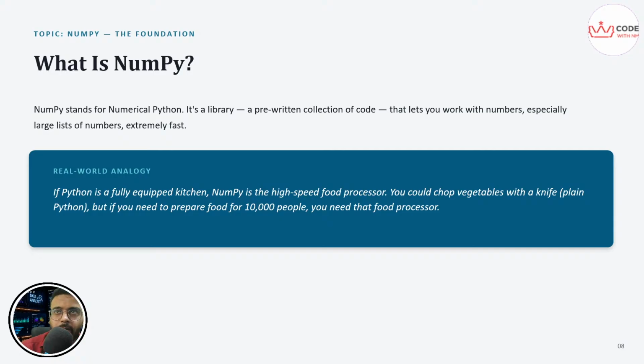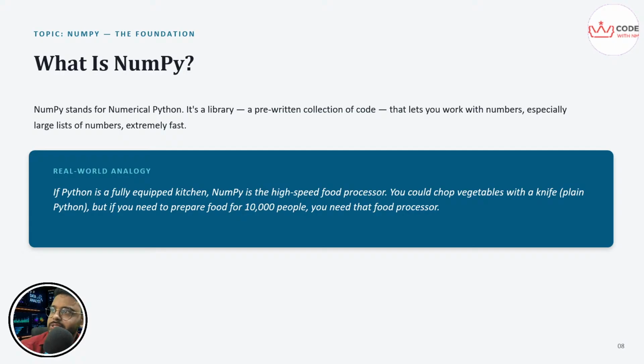And I was talking about the beginner mistake. Beginners often think list and array are basically the same thing, but mind it, they are not. Arrays are a completely different specialized structure built for speed and mathematical operations. Array here is nothing but NumPy in Python, and a list has flexibility, so it can hold different types of data in it. That's why it is slow.